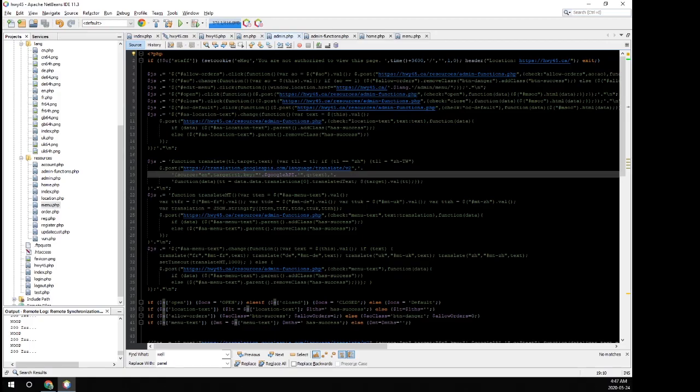So then in curly braces, source colon in double quotes en, so that's our source language,